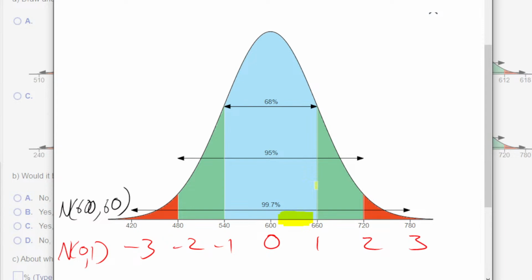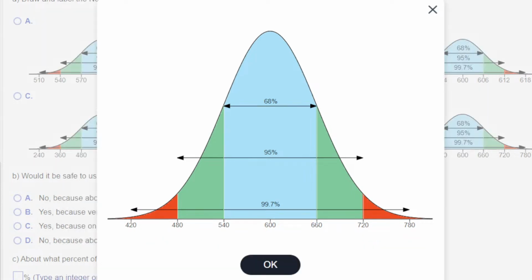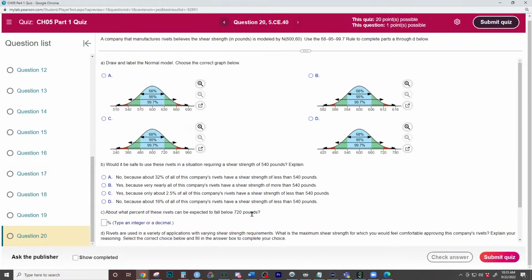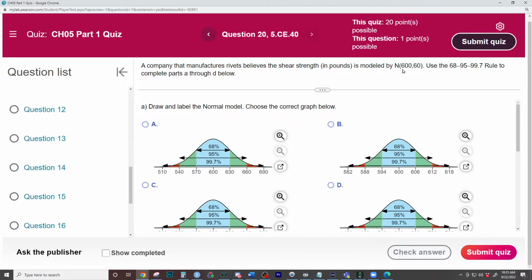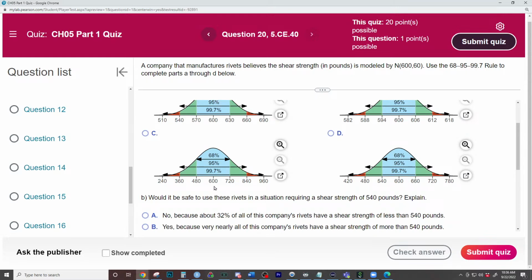The standard deviation there is 60 units, and the mean is at the center of the curve, which is 600, and that's what the notation normally distributed means: the shape, 600 at the center, and a standard deviation of 60. I chose that because the question asked me to. It said it has a mean of 600 and a standard deviation of 60, so I had to choose the associated graphic. The other graphics don't have the right standard deviations. That's the difference between them.